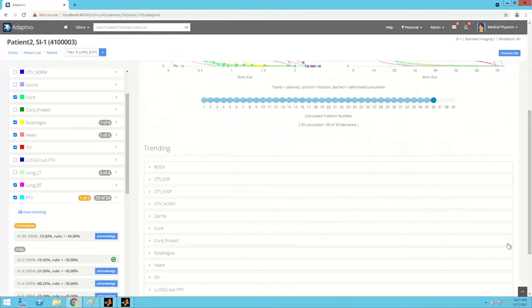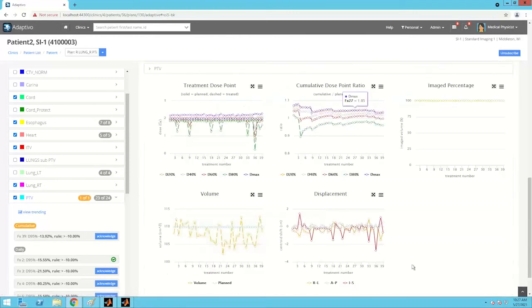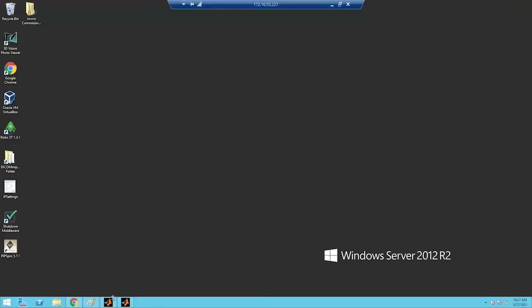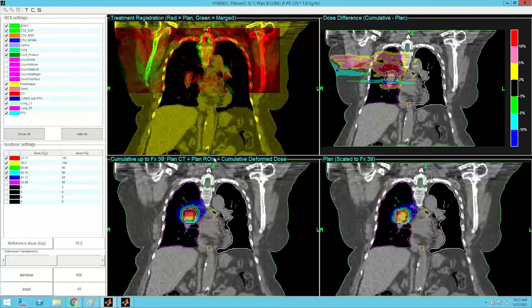We as well can review the trending for any of these cases. For example, the PTV, we can go to the trending and look at the different trending. What's more interesting, though, is I will bring up the cumulative and the fraction viewers. This is the